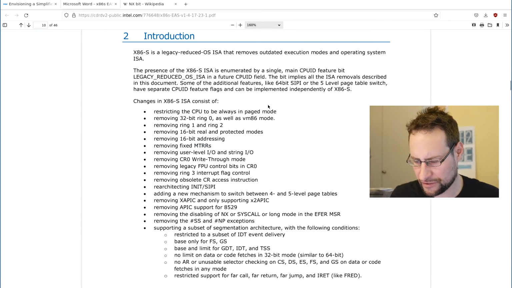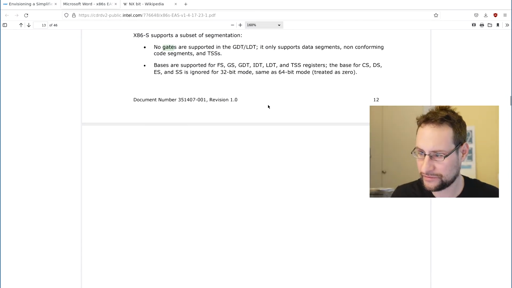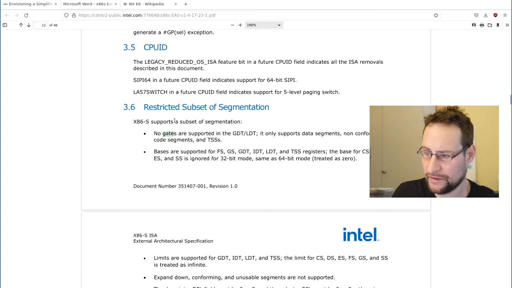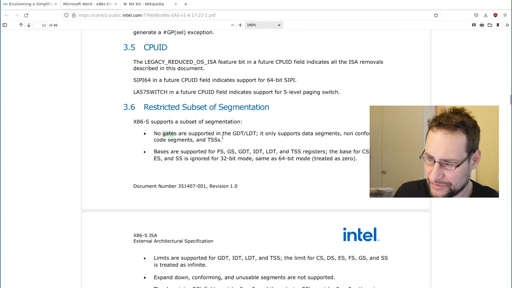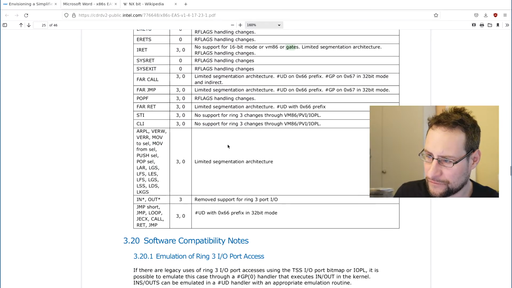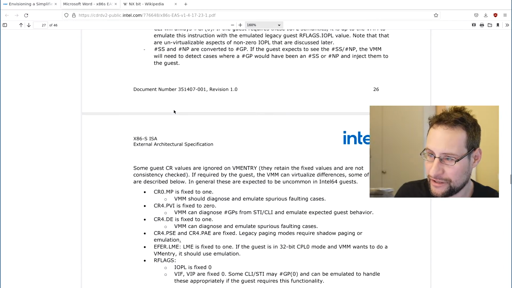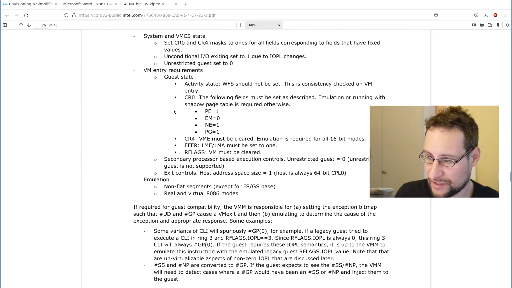Did they remove call gates? Restricted subset of segmentation, so no gates are supported in the GDT or LDT, it only supports data segments, no conforming code segments and TSS. Because of this, I believe this also removes full support for call gates. Maybe here, is it another summary? Potentially this is another summary of